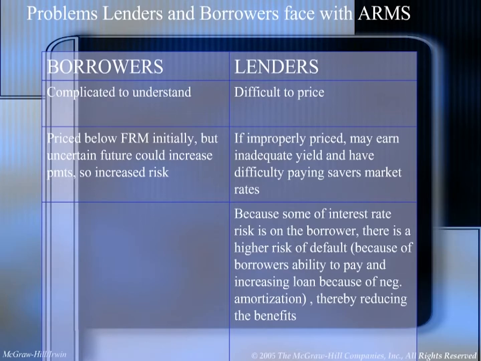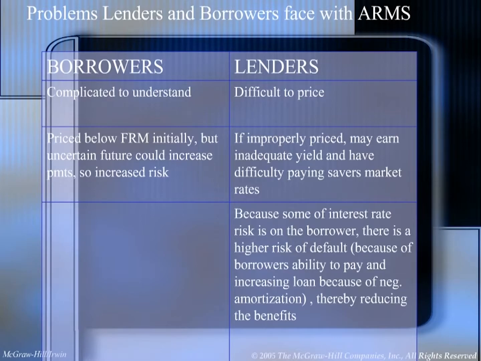I want to quickly look at some of the problems that these ARMs present, that lenders and borrowers are faced with. For the borrowers, they're complicated to understand. More and more people are growing up with these, so they're not becoming quite as complicated, but still they are more complicated than just saying you're going to pay this payment for 30 years. Also, they're priced below the fixed rate initially, but there's an uncertain future,